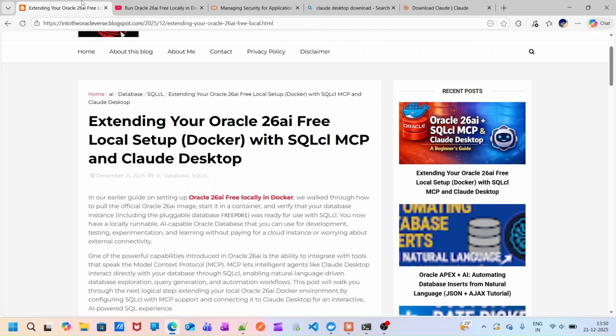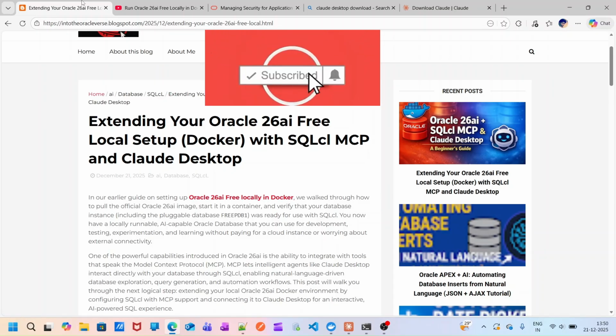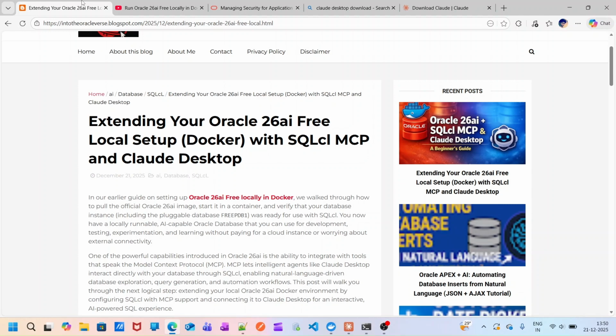Before we jump into the demo, I'll quickly explain what MCP actually is. MCP, or Model Context Protocol, in terms of SQLcl, is not a separate tool or an external server that we install. It is a built-in feature of SQLcl, starting from SQLcl 25.2 and above. When we run SQLcl in MCP mode, it exposes the Oracle database's context, the schemas that we have, the queries, the metadata, and the results, in a way that an AI client like Claude can easily understand and